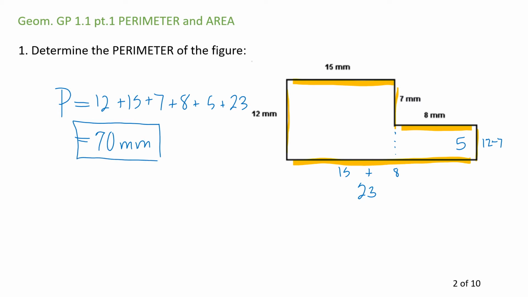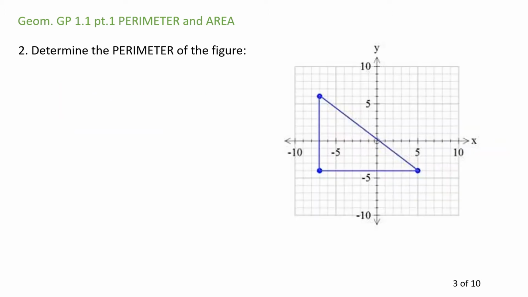That's easy when you know the distance of all your sides, but if you look at number 2, I have a problem. I need to find this plus this. I'm going to count blocks to find the distance of these, but then I also need to use the Pythagorean theorem to find that. If you're unfamiliar with the Pythagorean theorem, I refer you back to other videos. I'm going to call this AB. The Pythagorean theorem to find AB